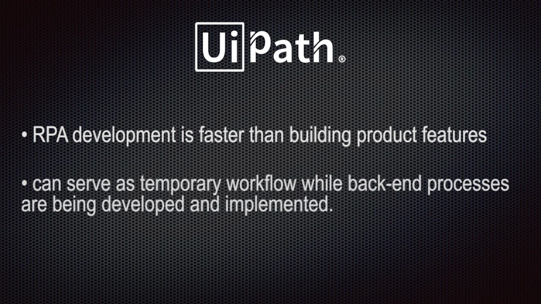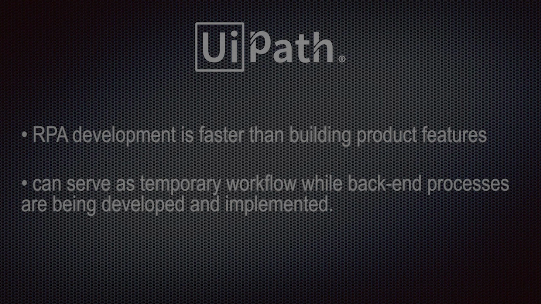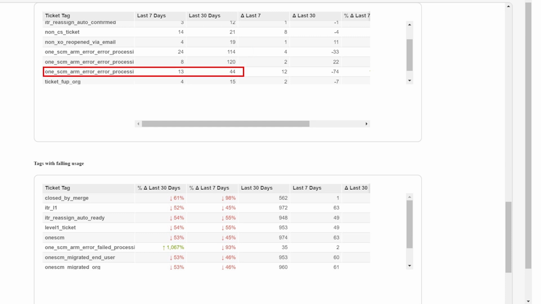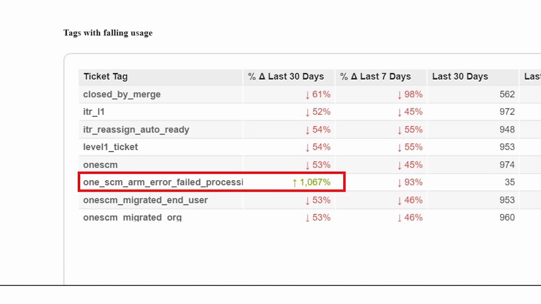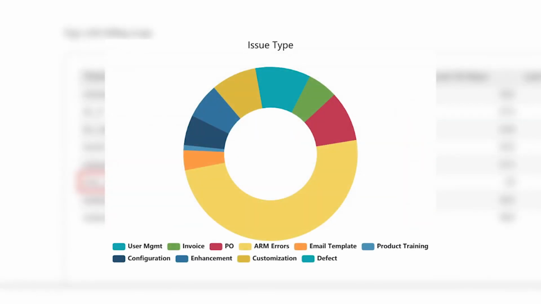This is the type of use case that I'm suggesting for RPA within our family of products, mostly as a temporary workflow to be used while back-end processes are being built. The reason it's not ideal as a permanent solution is that it requires considerably more computational resources to perform these tasks at the user interface level than in the back end. So looking at just ARM errors within OneSCM, they account for more than half the requests coming into support. So with relatively little effort to implement an RPA flowchart for each type of error, we effectively cut the support